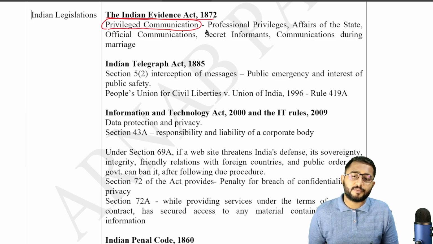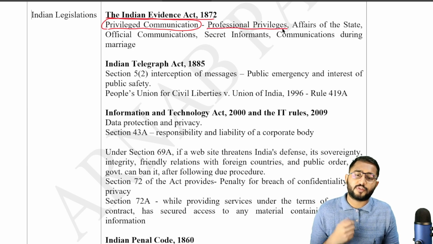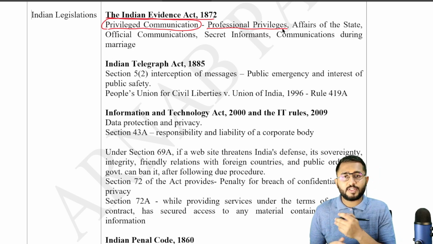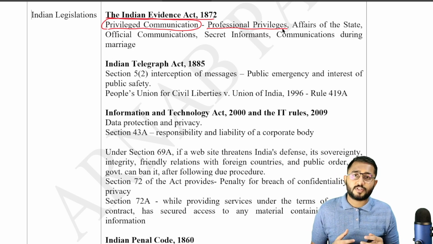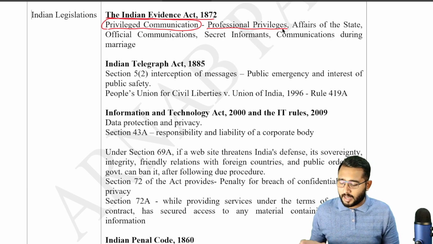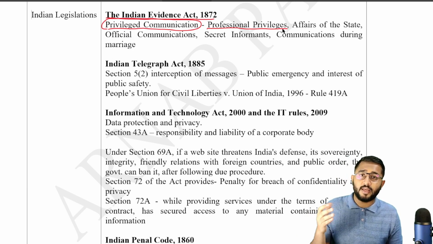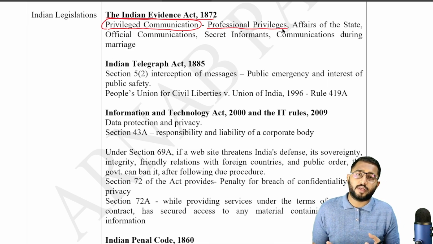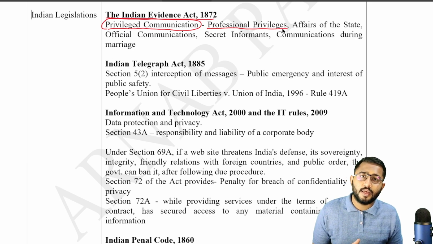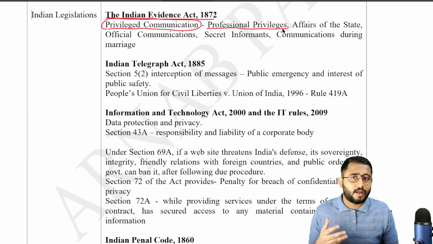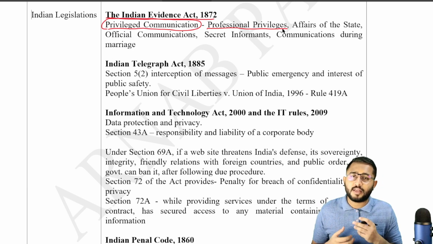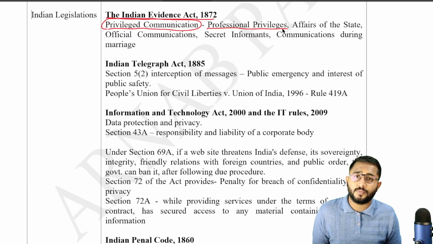The first privileged communication we're going to look into is professional privileges. Professional privileges here talks about the privilege that a client has when he is going to an attorney. जिसका मतलब ये है कि अगर मैं आज एक advocate के पास जा रहा हूँ, एक legal practitioner के पास जा रहा हूँ, अपने केस को लेके, जहाँ पे मैं उनको अपनी केस की हर डिटेल बता रहा हूँ, I shouldn't be in a position where मुझे इस बात का डर है कि कहीं मेरे एडवोकेट ने जाके मेरा ये इन्फॉर्मेशन कहीं और रिवील कर दिया तो.